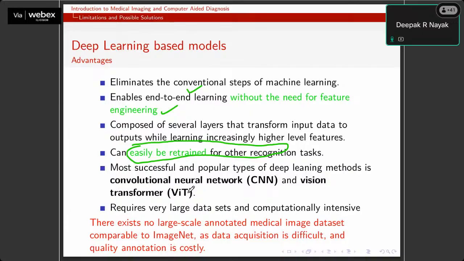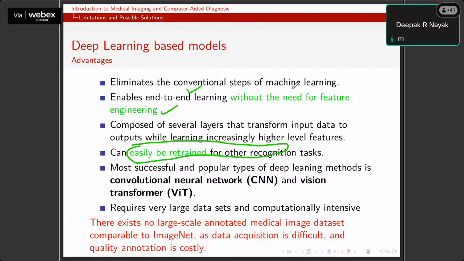Again, there are also some limitations. It always demands a huge amount of data, but in medical imaging it is very difficult to have a huge amount of data, or to design a large data set, because annotation is really a costly process in medical imaging. That is what we discussed earlier. Although the collection of images has become easier, the annotation has become very difficult, even because of the unavailability of the doctors, and the annotations for some cases, like segmentation, are extremely difficult.